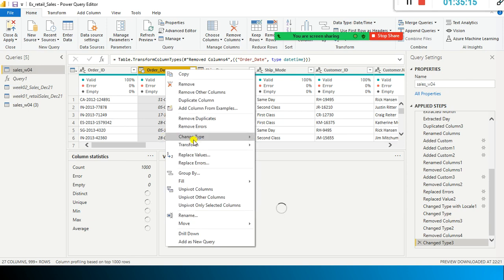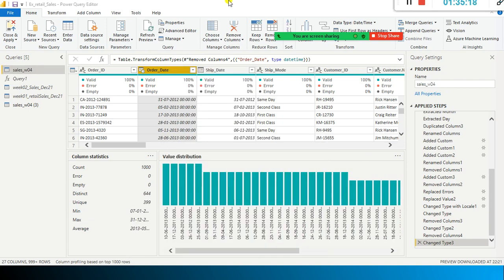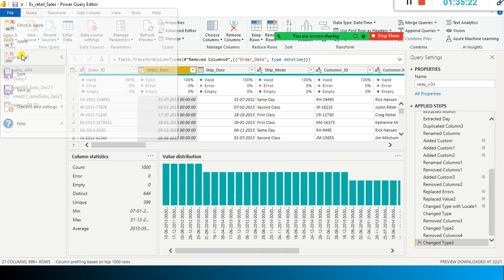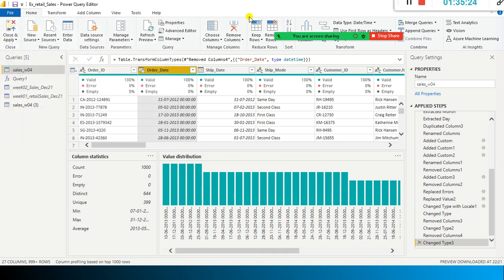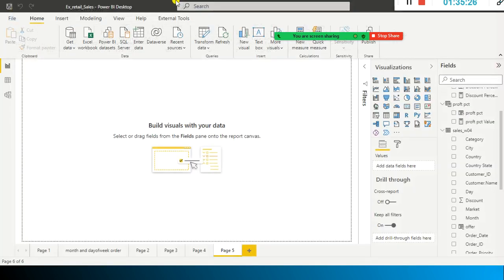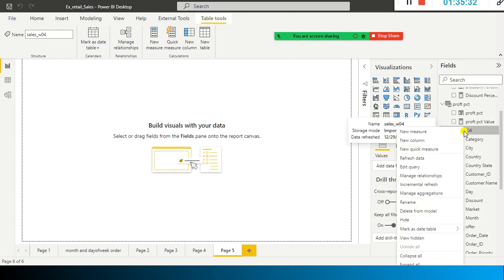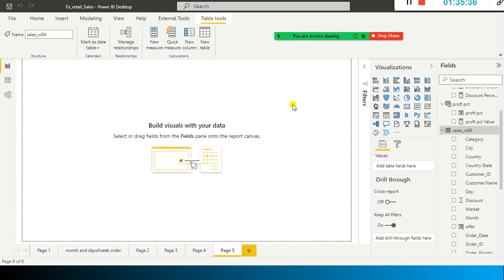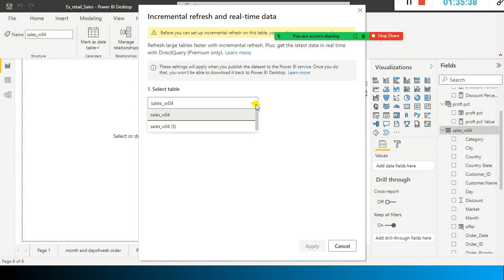So yeah, we just did that. Date time, okay. Next I'm going to say close. So here when I select this W04, I think only for the RDBMS it is doing it. Incremental refresh, you can select it. It says W04 is there, but you are not able to do it.